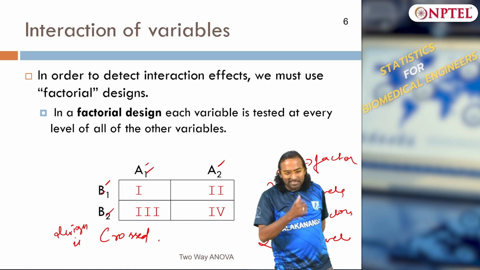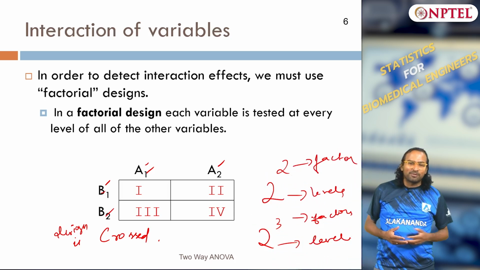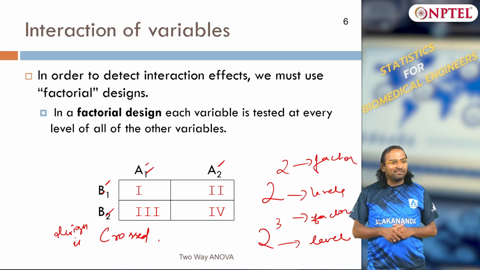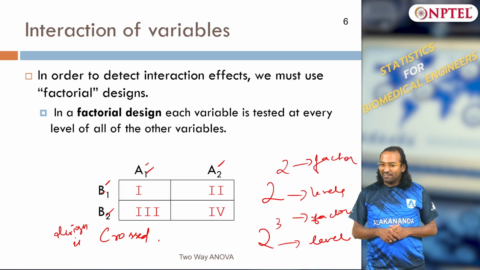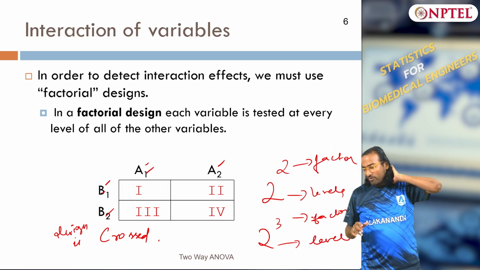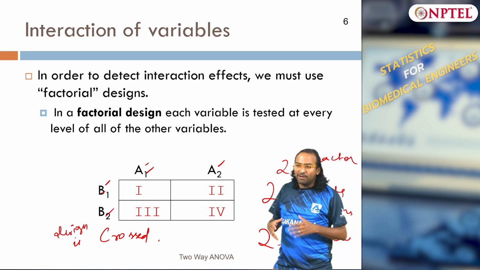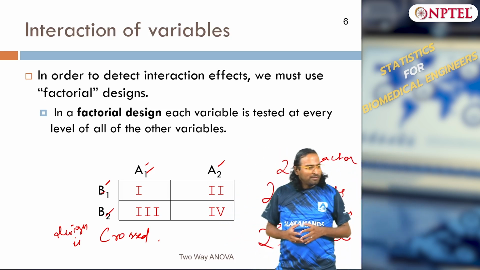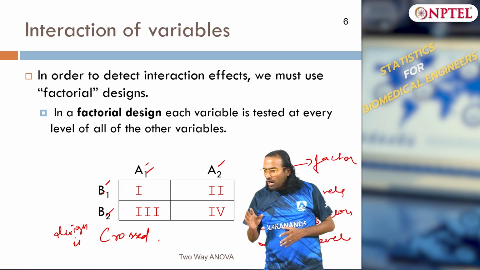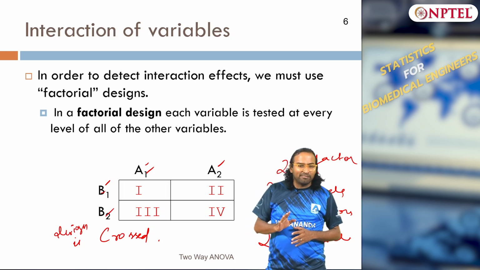So, what I am saying is, if there are 10 levels and 5 factors, how many experiments are you going to do? If you want to fine grain, 10 power 5, imagine, soon the experiments will blow up. Okay. So, that is where the challenge is. So, you will invariably end up with what is known as confounding, meaning you will not be able to distinguish all factors that influence the output at a fine grained level.